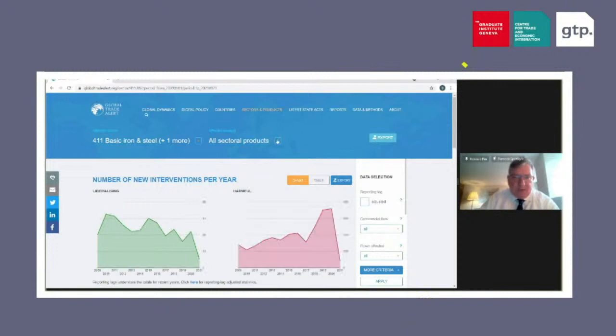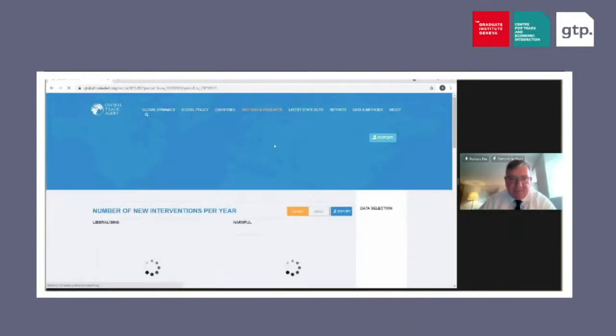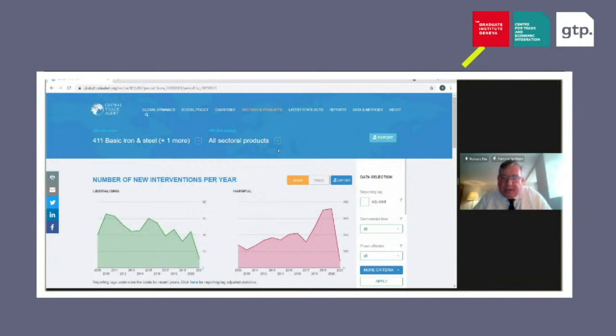And if you want, you can drill down at the 4-digit level in the HS codes to identify specific iron and steel products that you are interested in. So you can dig even further if you want to, and the data will come up. I should be clear here that in the tagging that the Global Trade Alert team does, we tag HS codes down to the 6-digit level. The website allows you to extract information on trade flows and policy interventions at the 4-digit level, which is the most granular. If you have 6-digit level HS code data extraction needs, then please write to us.